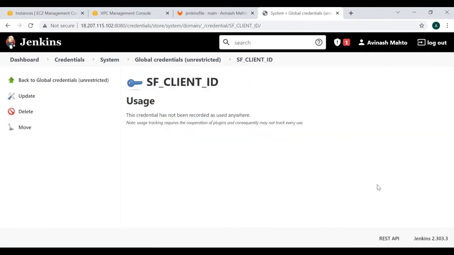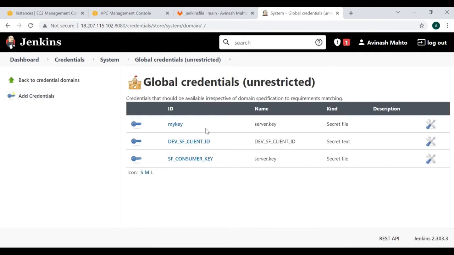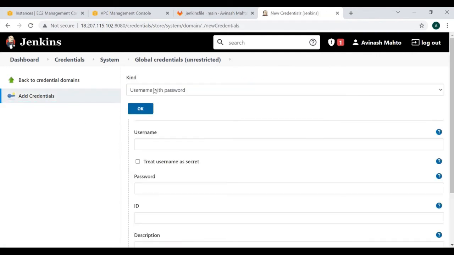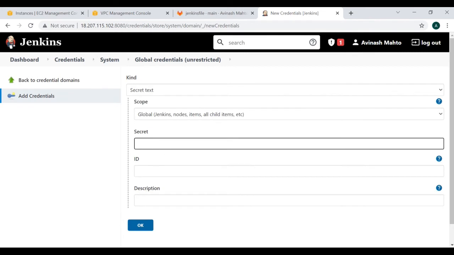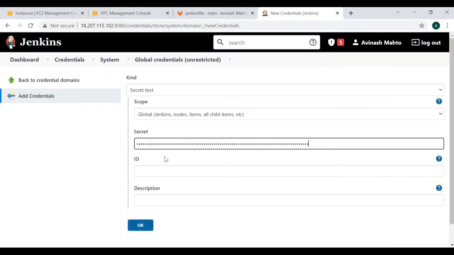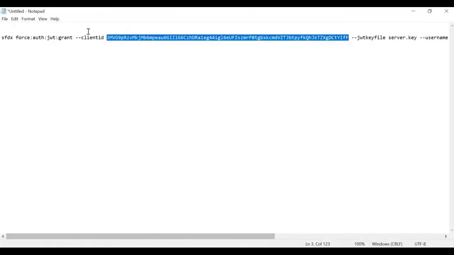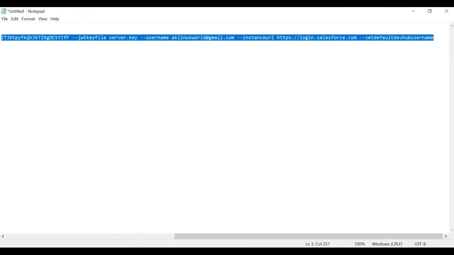Okay, so let me update the values. Actually, the values which I put are wrong. Secret text, and I can put these values. So I will show you that. This is one of the commands which I have right now for the Salesforce command.